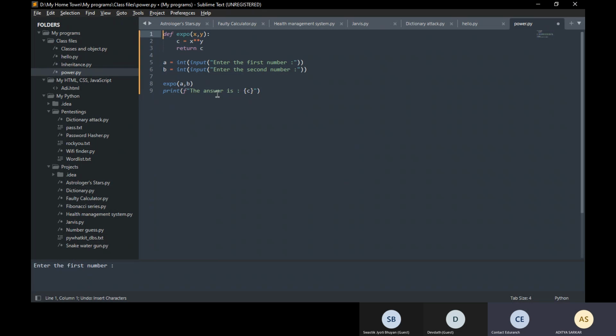Remove that, come down. You are calling the expo function, right? Yes. Okay, that is returning. Whatever it is returning, where are you collecting? First you have to collect whatever you are getting. I think we can store it in some variable. No, just say c equals expo. Like this? Yeah, just copy paste the same line. You don't have to type again.